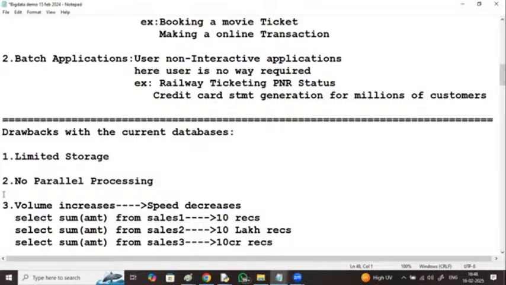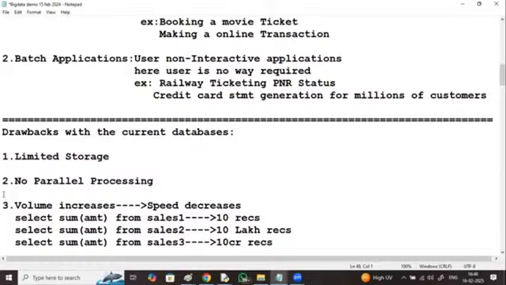There are two types of nodes: master node and slave node.